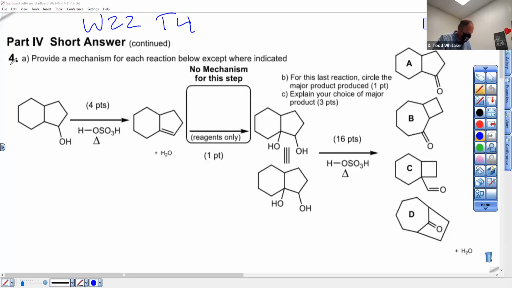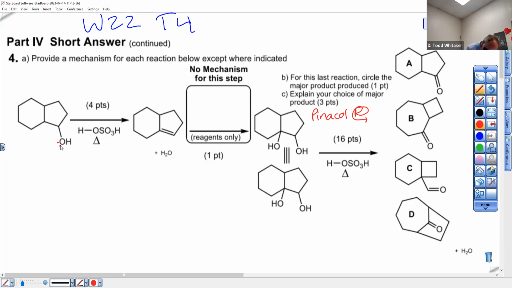We had a request to do another mechanism from Winter 22, Test 4, Part 4, Question 4. That's a lot of fours. And this is all about dehydration of alcohols. Here's the normal alcohol dehydration, and over here is the vicinal diol dehydration, also known as the pinacol rearrangement. You don't get any points for writing that down, but